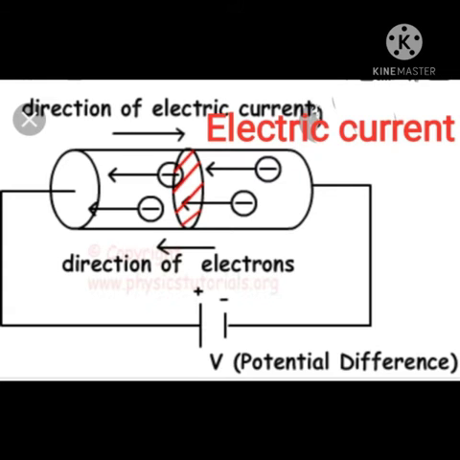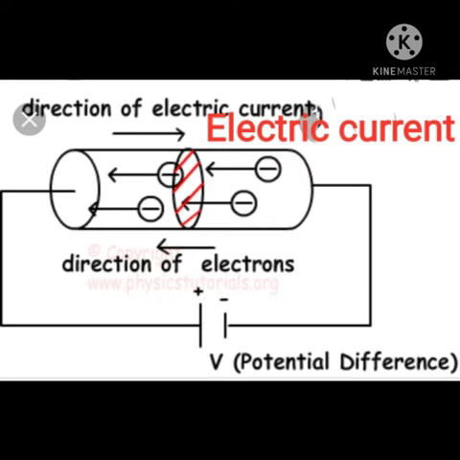In conductors, electrons carry the charge through the material. As they are free to move throughout the material, these electrons are called conduction electrons. But in some electrolytes, which are liquid conductors, electricity is the result of the movement of both the positive and negative ions. The SI unit of electric current is ampere and it is measured by a device called an ammeter.